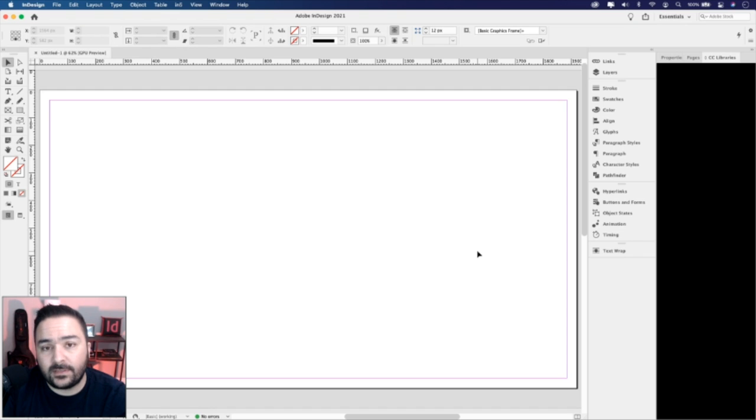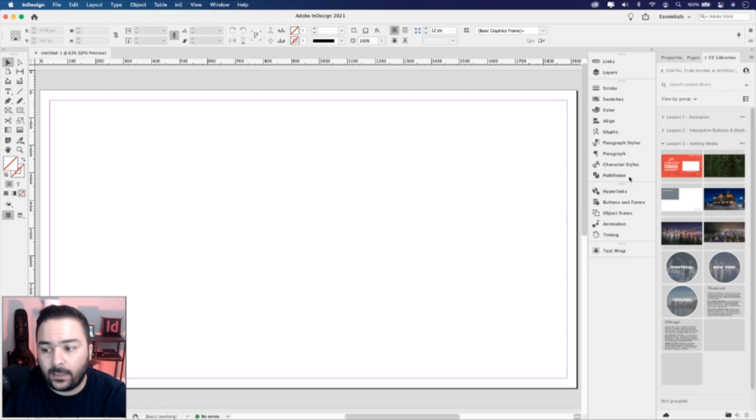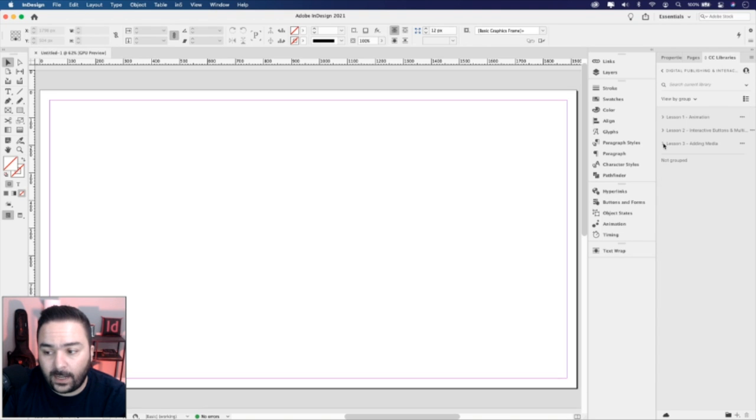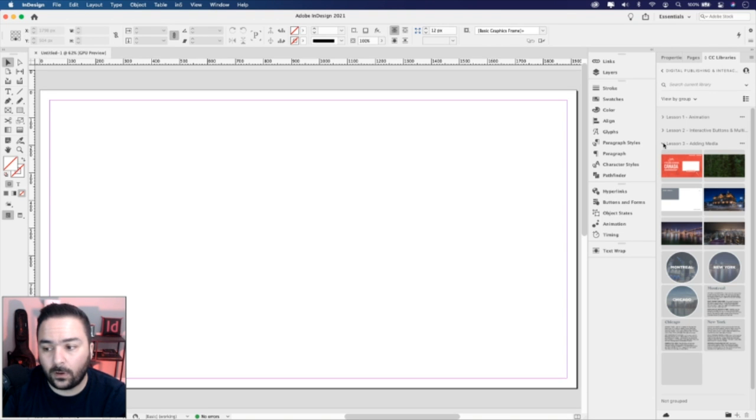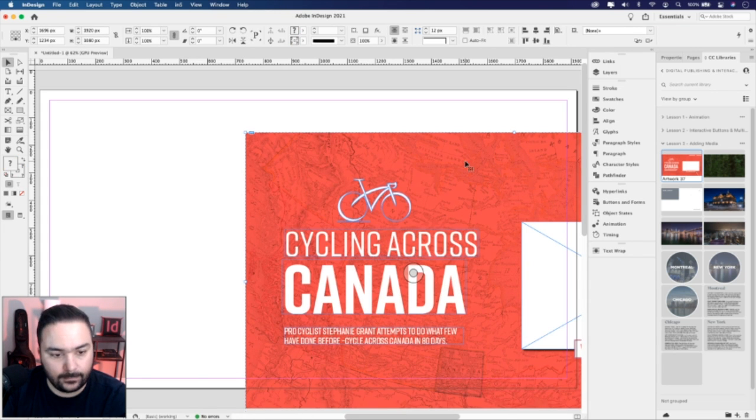Again, we'll be drawing from the CC libraries where you can find the copy assets. And you can see I've created a third grouped folder called Lesson 3 Adding Media. Let's start this exercise off by grabbing the first piece of artwork and just dragging it onto the page and then dropping it on the page.